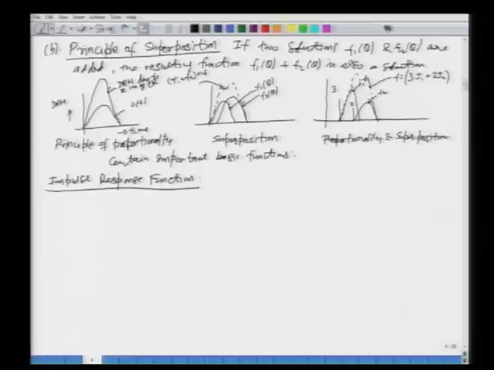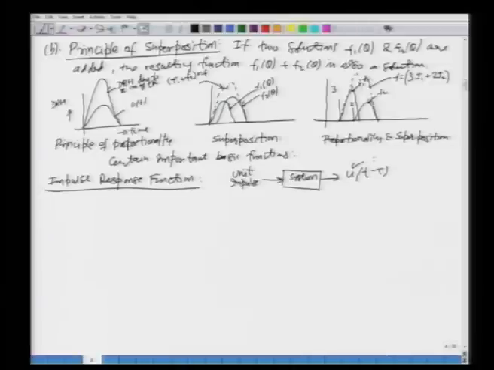Okay. What is an impulse response function? Well, graphically I am going to represent this as: if you apply a unit impulse to any system, so this is your system, what you are doing is applying a unit impulse input to this system. And then what comes out is what is called u(t minus tau).